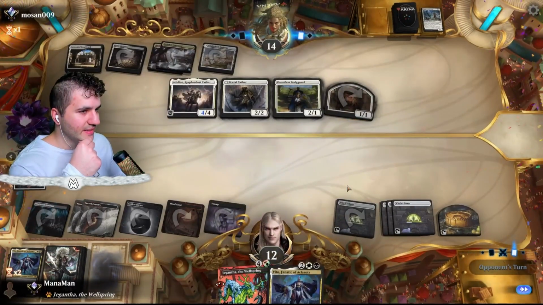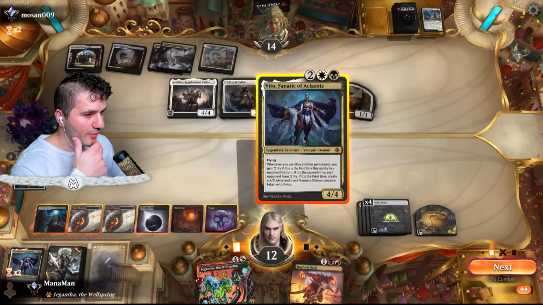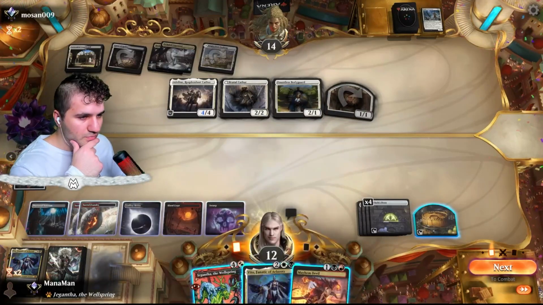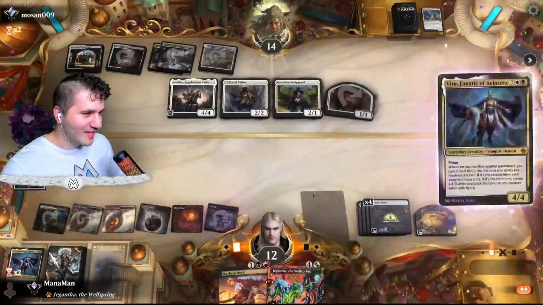Okay. Down to 12. 1 card in their hand. There's a Mayhem Devil. Okay, so Mayhem Devil's going to help us out. Can't go for both, though, can we? Do we go for Vito, or do we go for Mayhem Devil? I think just because, again...